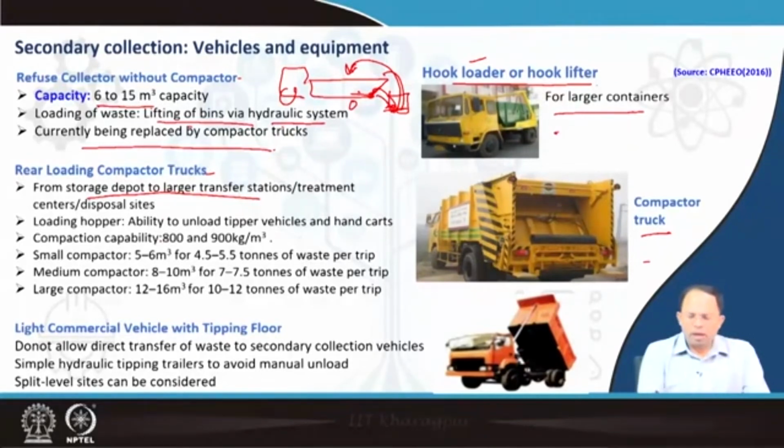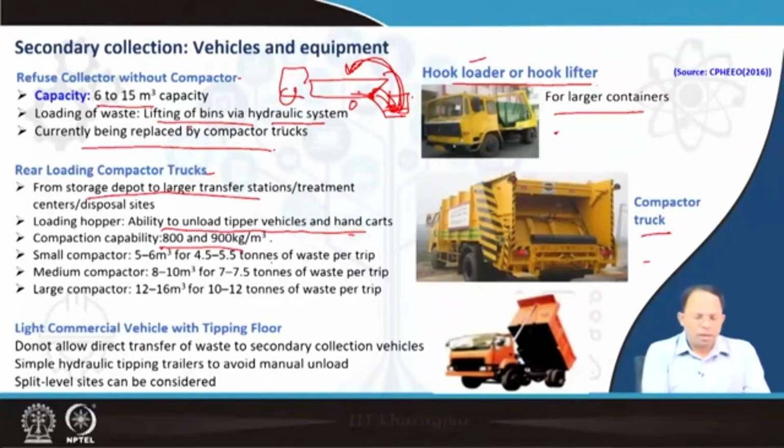This loading hopper has the ability to unload tipper vehicles and hand carts. As we are discussing, there is a loading hopper, so the hand carts or tipper vehicles can unload their garbage over here, and this is loaded into the vehicle. And for compaction, there is the compactor inside which can compact the garbage to 800 to 900 kilograms